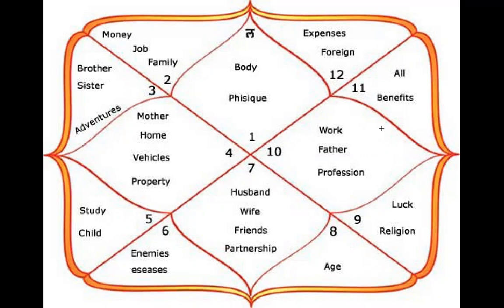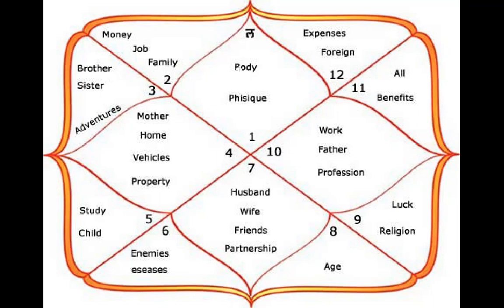Let us discuss the various houses in the astrological chart and what they represent. Okay, the first house, which is shown here in this diamond chart, the North Indian chart, basically represents the wealth, the honor, the respect a person will receive in his lifetime, the longevity, that is, how much time he is destined to live on this earth, and foremost part of the body, the head. It represents the head.